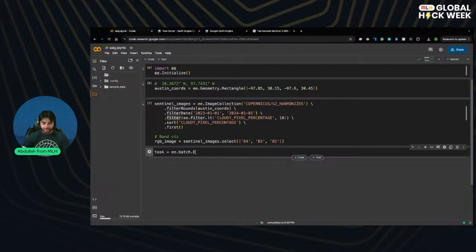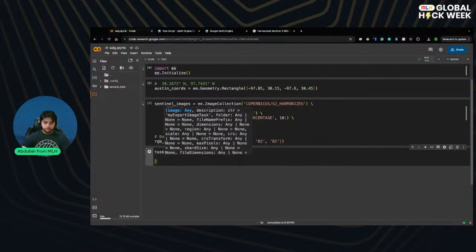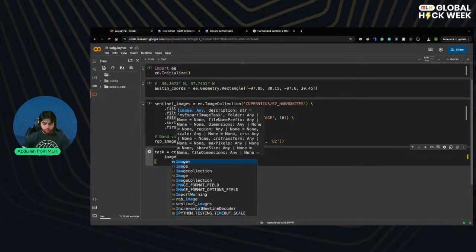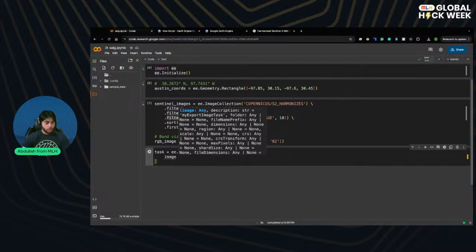We went over that earlier, but it should be done before the end of the hour. So in this case, we want to get a batch export for this specific task of the image, and then if you write to drive here, that'll just save it to your Google Drive under a specific folder. So very useful thing to know actually for any image, any work that you do on Colab. Image is going to be the RGB image,